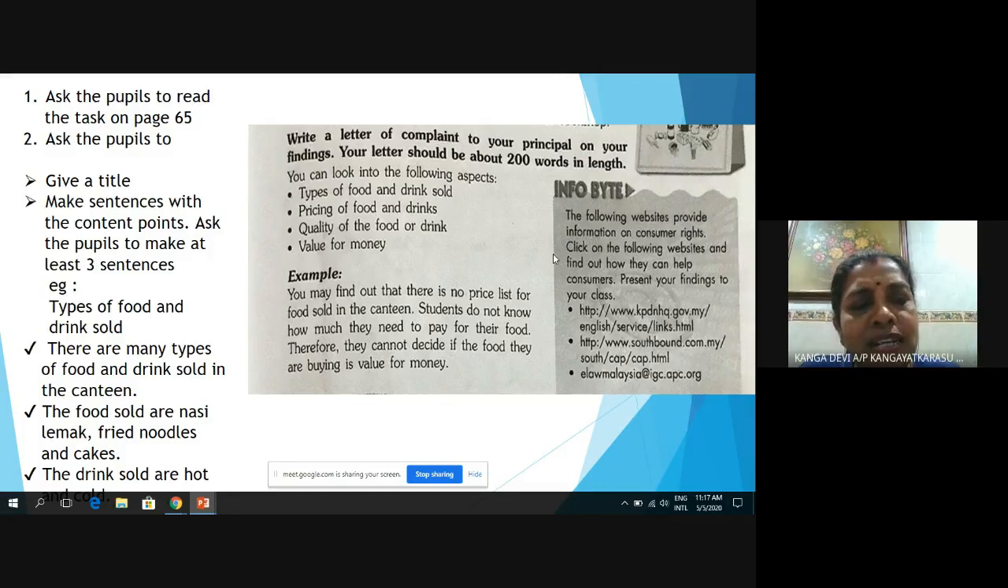So if the students can just write for you three sentences just for the first content point, be happy, because at least you know that the child is able to do. And then after that, if you find that they have tackled and written down all in sentence form for all the points, then you can ask them to write the letter, because the format was already given on page 64. Okay,